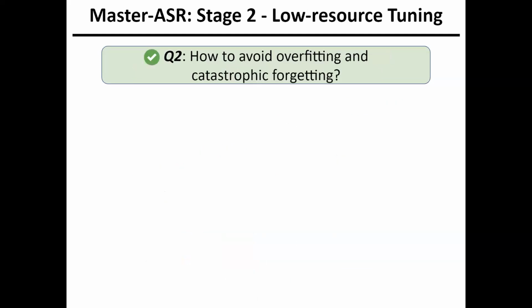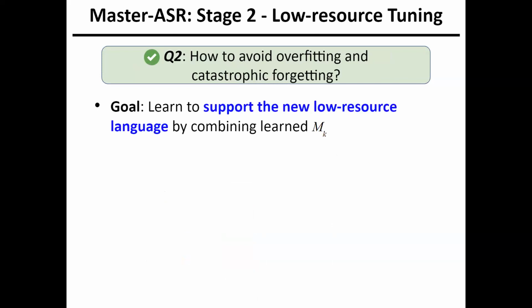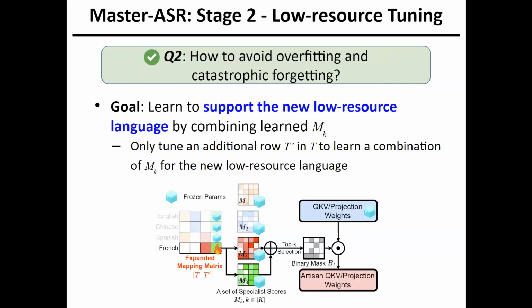And in stage 2, low-resource tuning, we aim to avoid overfitting and catastrophic forgetting issues. To this end, we propose to learn to support the new low-resource language by combining the learned specialist scores. We achieve this by only tuning an additional row in the mapping matrix with all the other parameters in the model